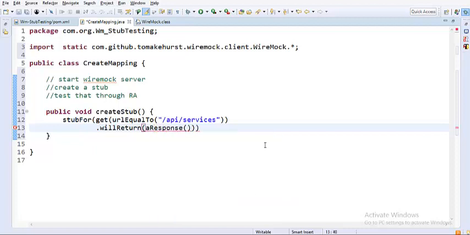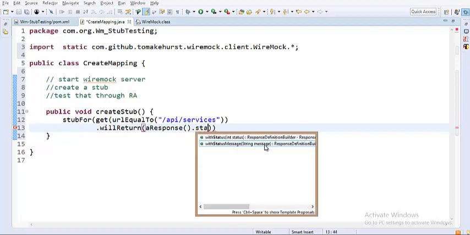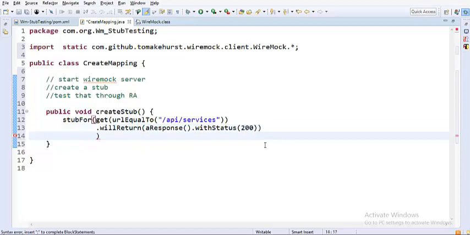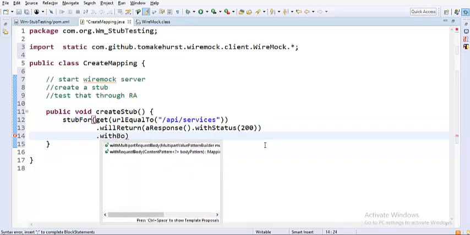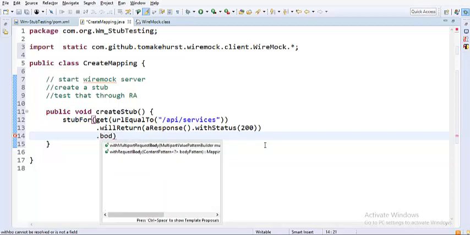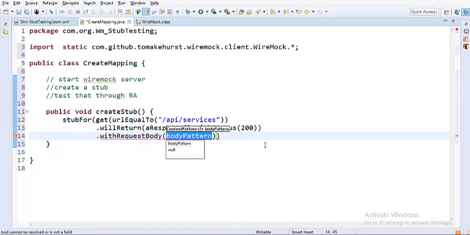So response dot status, with status would be 200, and now with body, I wanted to return a basic body, maybe let me just put something like "this is basic stub". Let me just put the quote again.